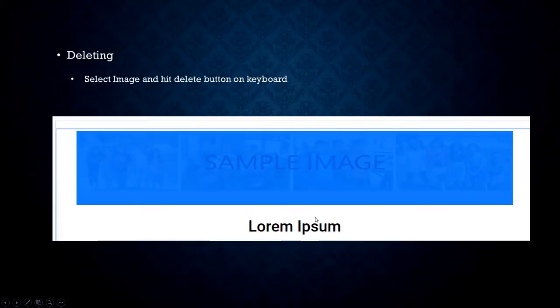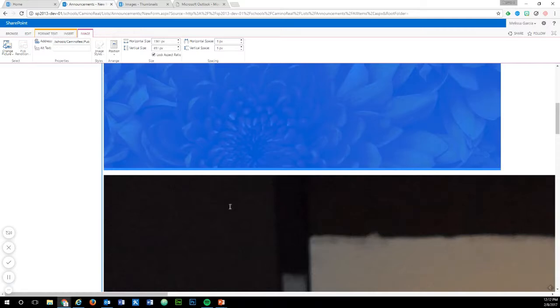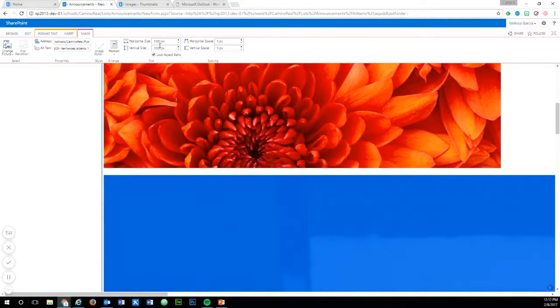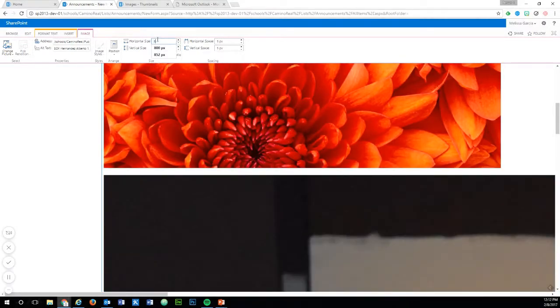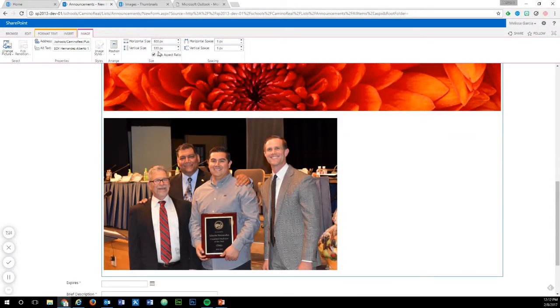So let's walk through that. I know that an image is highlighted because it turns blue, so let's highlight this one. Now let's change this to maybe 800. And so now it's a more reasonable size. When I changed it, I want to make sure that the lock aspect ratio is actually clicked, or else it'll look really funny. So before it was at 2000,